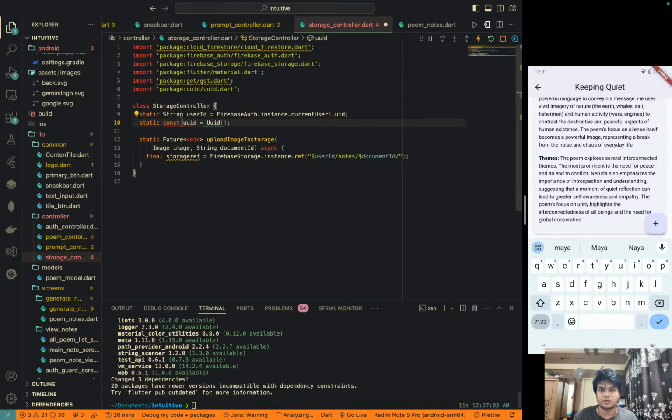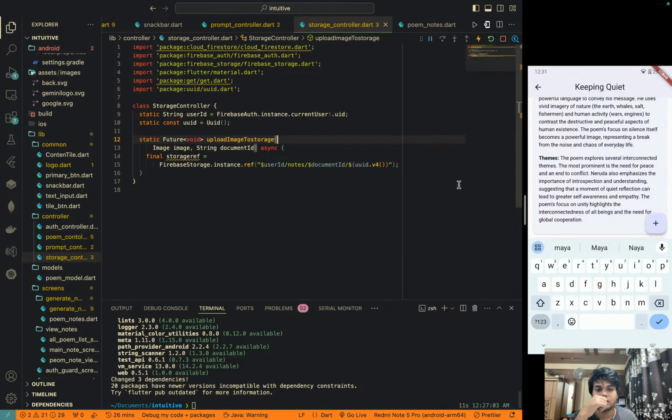Const. Okay. And over here I can use UUID dot v4, something like that, right? Cool. So this is the reference, and after creating the storage ref, they are asking me to put data, and